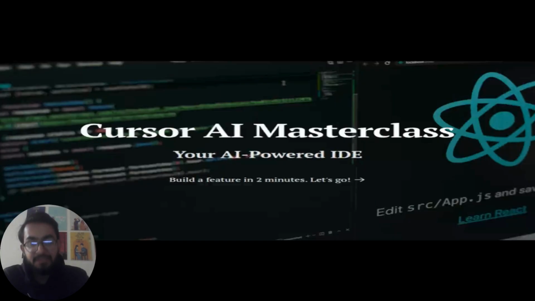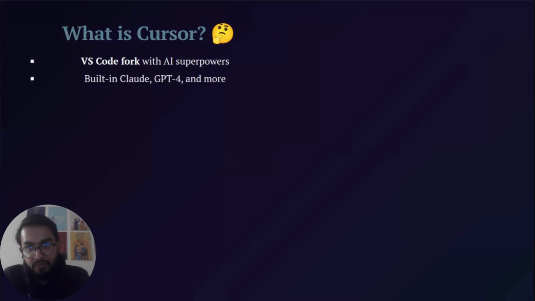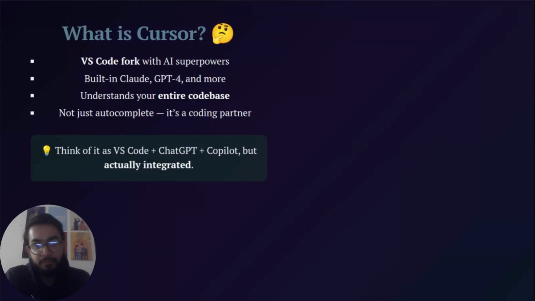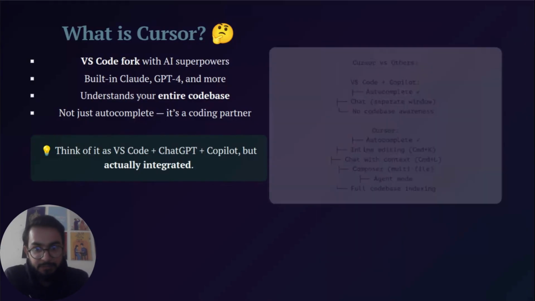So what is Cursor? Cursor is actually a VS Code fork with AI superpowers. It has built-in Claude, GPT-4 and more models, and it understands your entire code base. It's not just autocomplete suggestions like Copilot. It's actually a coding partner for you, and you can think of it as VS Code plus ChatGPT plus Copilot,